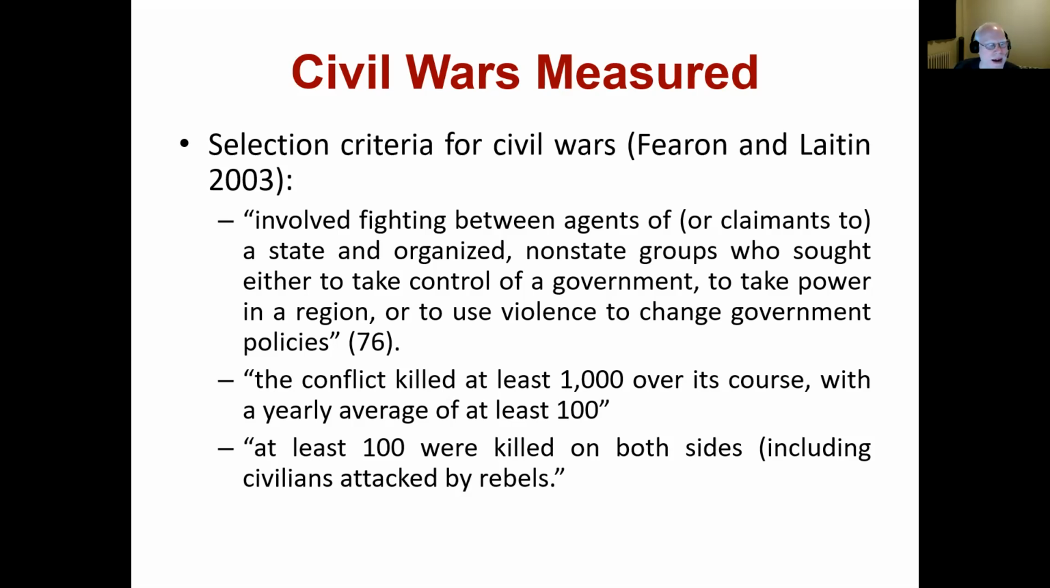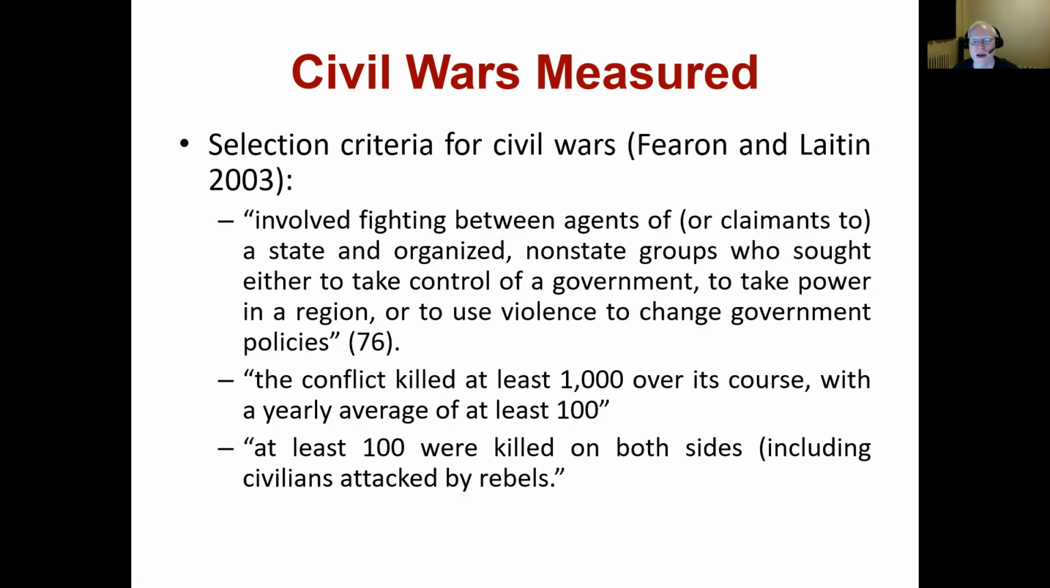Now, again, you can agree or disagree with this definition. You can agree or disagree with the 1,000 battle deaths, or at least 100 killed. There is an arbitrariness to this, but they're also testable, right? If you wanted to test a theory of civil wars, you could say, instead of 1,000 battle deaths over its course, it's 500. If we change it to 500, or to 2,000, does that make a substantive difference? So these are things that we can test for, but the idea is to make it sufficiently large